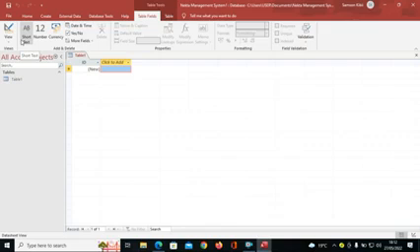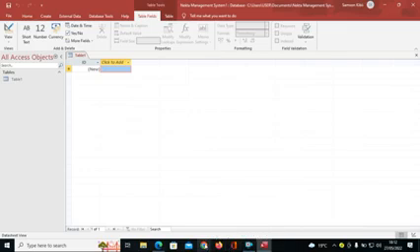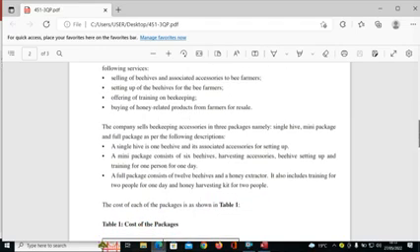So we are going to create a table based on the information that we were given in the question paper. So let's go ahead and check what is required in the question paper. It says Nectar is a company that deals with beekeeping and selling of honey. The company offers the following services. So we are going to create a table called farmers table,